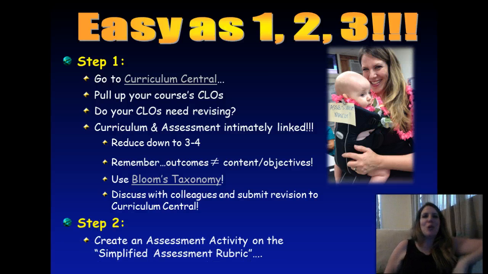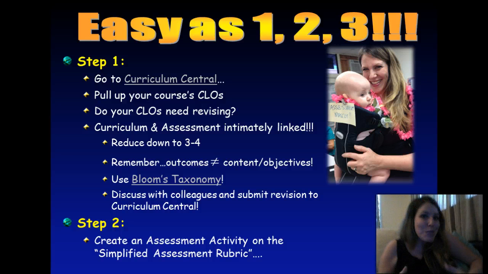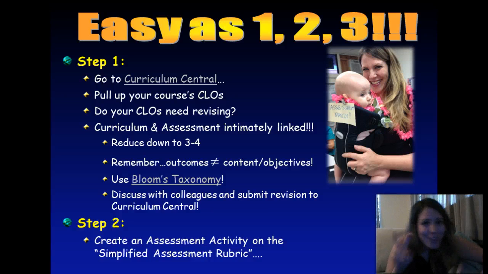All right, step 2. Now we get into the assessment nitty-gritty. This first part is, you might call an assessment plan. The idea is that we're going to be figuring out what assessment activity are we going to do for this course this semester that is going to address all of those outcomes, or at least as many as possible, all at once. And so, easy way to do this, I've provided you with what's called a simplified assessment rubric. Sometimes it's called an Uber rubric, I like to call it, but simplified assessment rubric. That means put your activity on one page, map it on the same page, assess it on the same page.